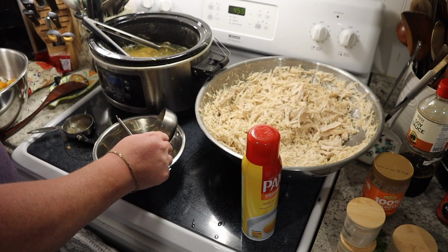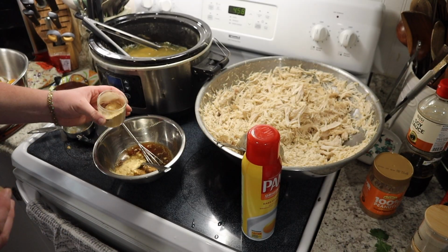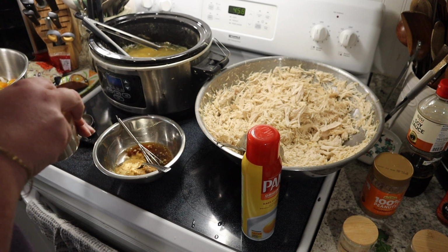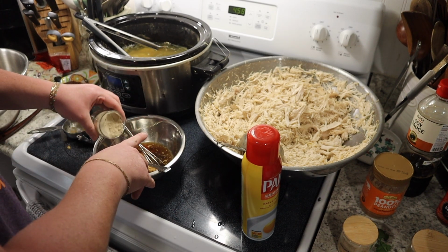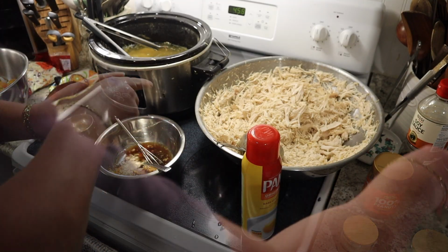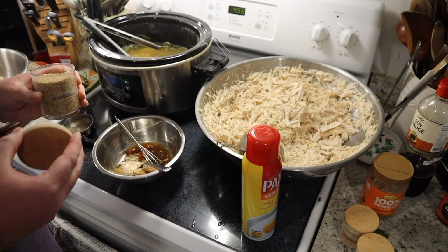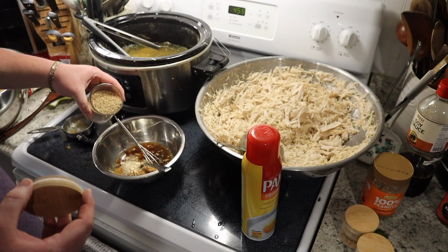So about a half a cup of chicken broth, about a half a teaspoon of ground ginger, and then I'm gonna add in a little bit of white pepper. I just really like this flavor. So probably about a half a teaspoon. And then it calls for sesame oil. I don't love the flavor of sesame oil, so I'm just gonna put in some white toasted sesame seeds